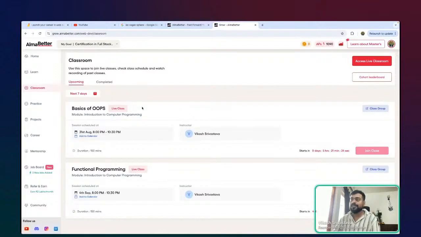So backend will have your main services. You will be writing your main APIs, which will be exchanging information between your front end and backend. Then you'll be having your databases where you're going to store your data. You might have a specific content database. For example, in the case of AlmaBetter, there's a lot of content that we have to store in a slightly different way. So that is one other aspect of our backend.